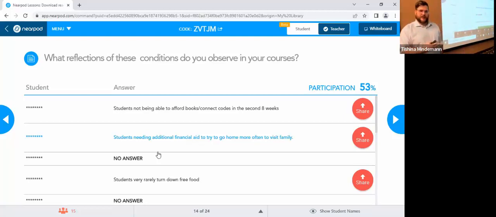I want to draw a connection back to the previous slide where I mentioned the sense of incredible guilt that some first-generation students feel, especially from working class or agricultural homes, about the work that's being done and the way that people are having to compensate for their absence when they come to college.